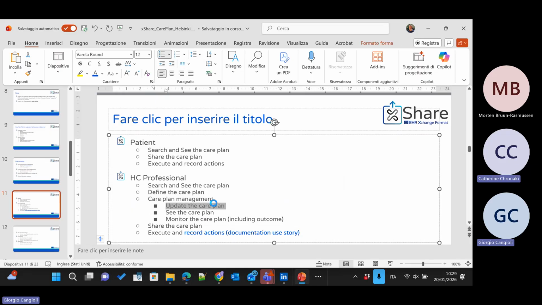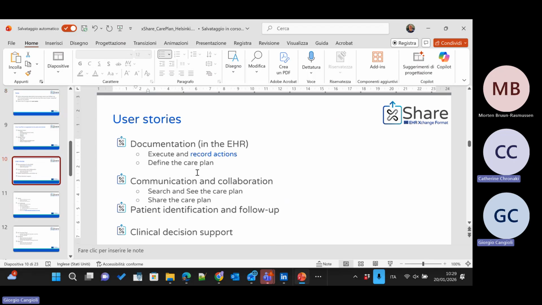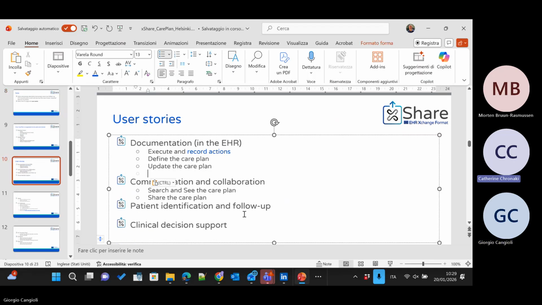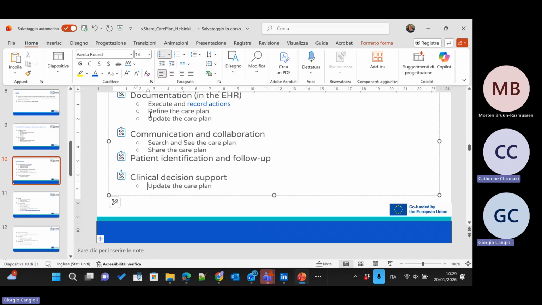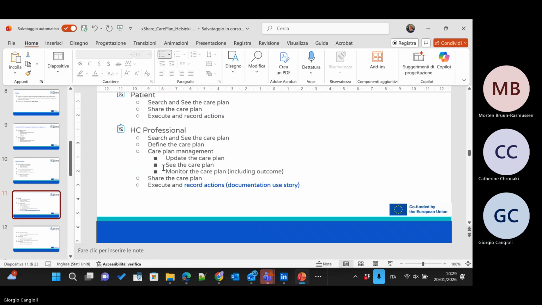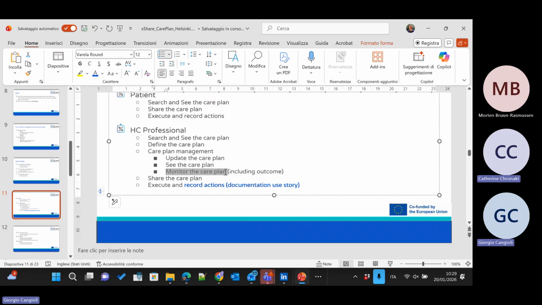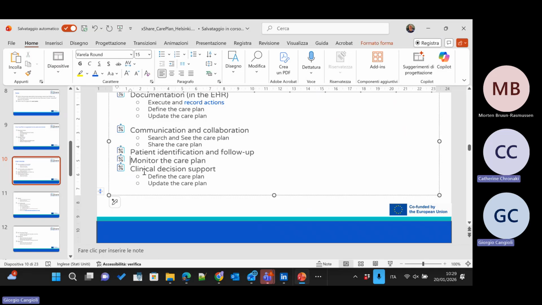The update is in the documentation and it is also in the clinical decision support, I think. Yes. And then I suppose also the care plan will be clinical decision support. Yes. Monitor the care plan, monitor is follow-up, I suppose.